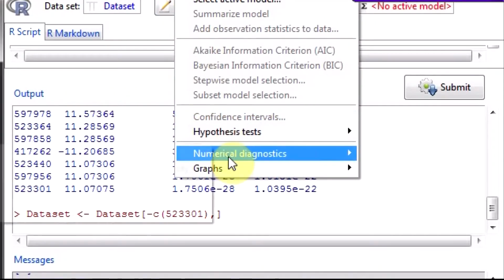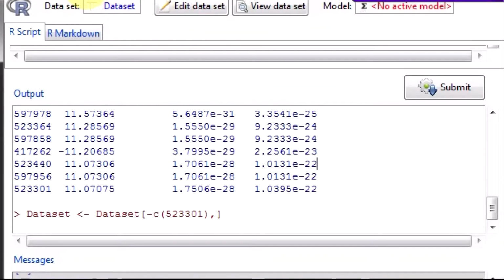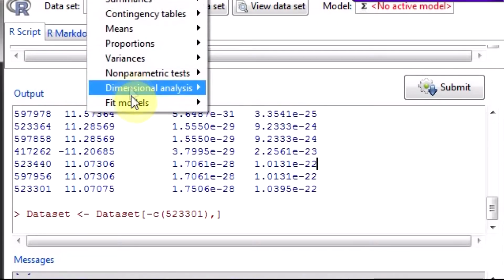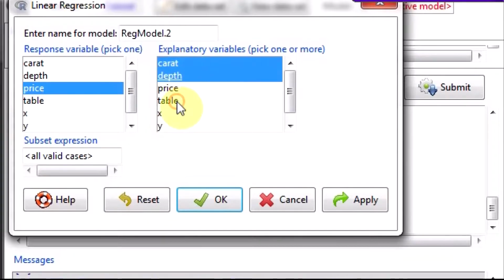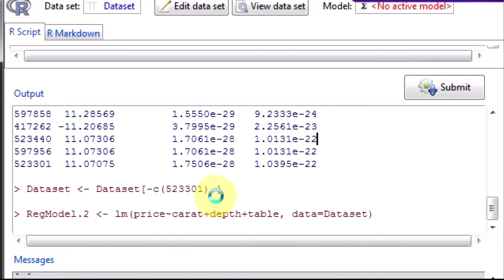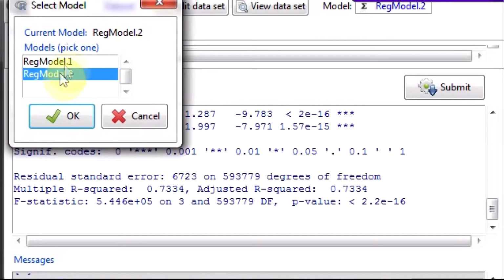Also numerical diagnostics. Notice I have to build the model again. So I go to statistics, fit models, linear regression. See price, function of carat, depth, table. There is not much change because I only removed one outlier. But I see there are two models. I can pick one or two.